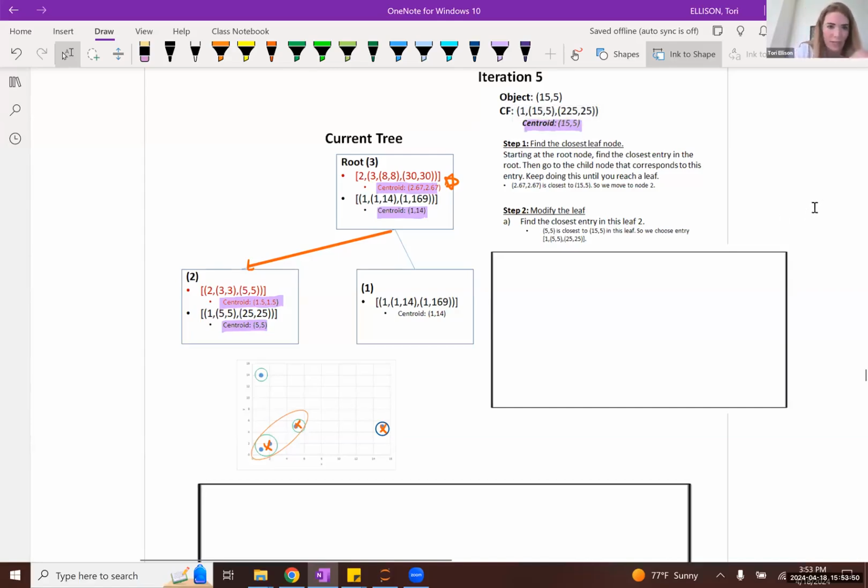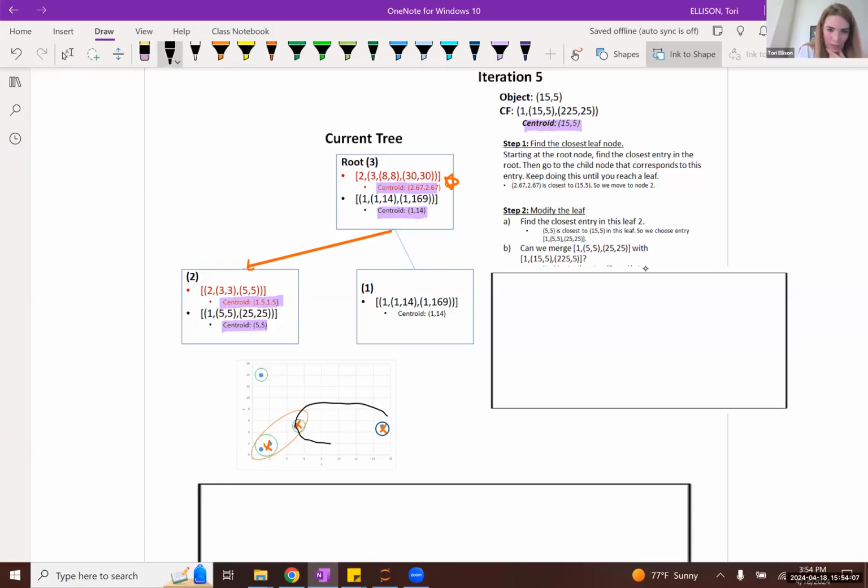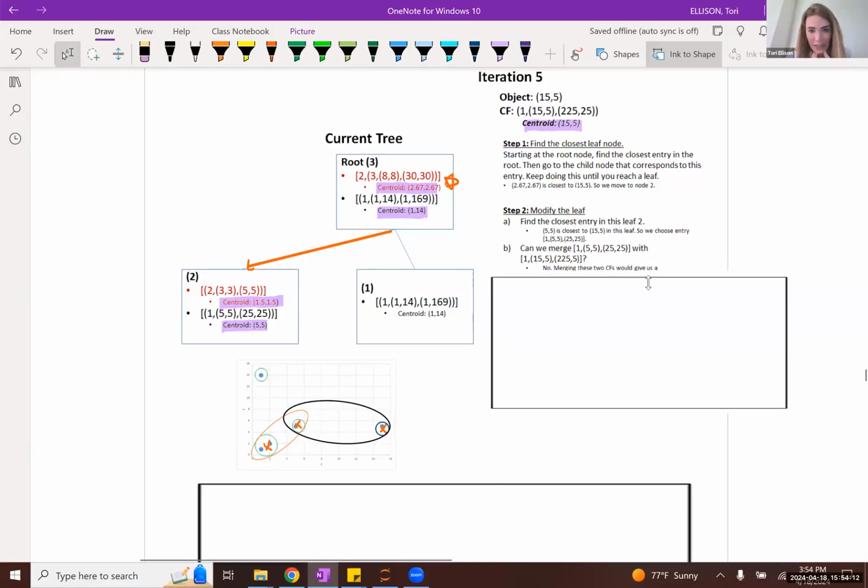We can see that this incoming subcluster centroid is closest to this subcluster's centroid here. And so you next ask the question, are we allowed to merge these two subclusters? The answer is no, because the resulting cluster would have a diameter that is greater than our threshold of 3.